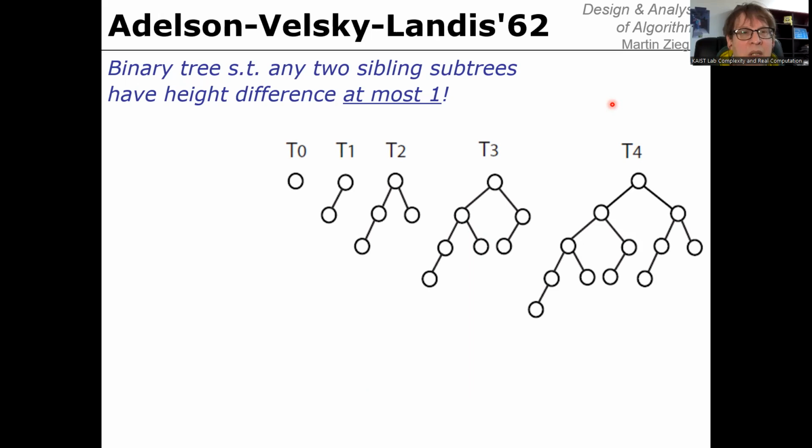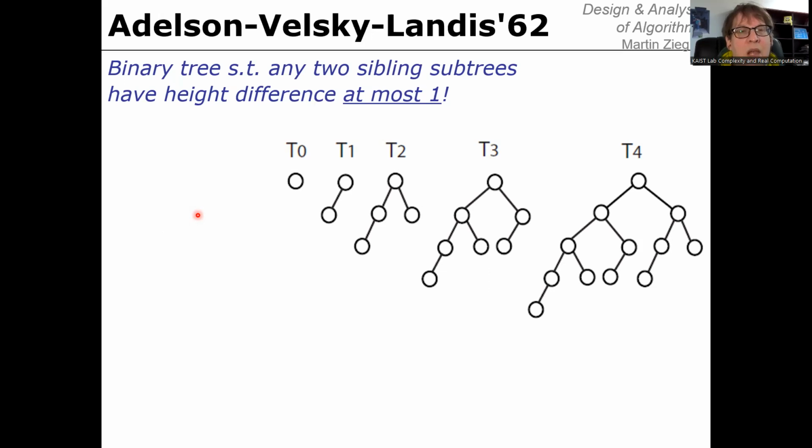So here you see T0 is an AVL tree with one element, so it's just a degenerate root. T1 is an AVL tree with two elements. T2 is an AVL tree with four elements. T3 is an AVL tree with 8 elements, and so on. So here we see these AVL trees, and let's verify at the example of T3 that it is indeed